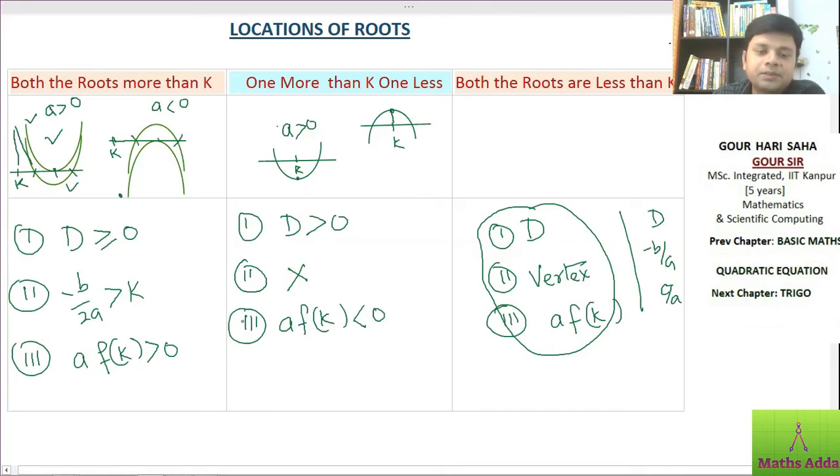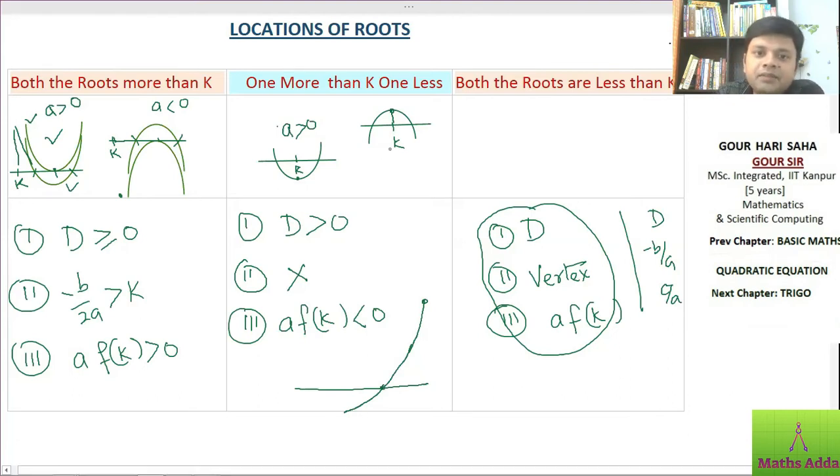So these 2 conditions. But when I see a into fk less than 0, fk is negative, a positive means graph will be open upward, right? And then fk is negative, it is coming from positive to negative. This means it will certainly have some root, right? See what I'm saying is, this is x-axis. Since a is positive, graph will be open like this one, right? And then at k it says it is less than 0. This means it is coming down. If it is coming from positive to negative, somewhere it will cross x-axis. This means it will certainly have root.